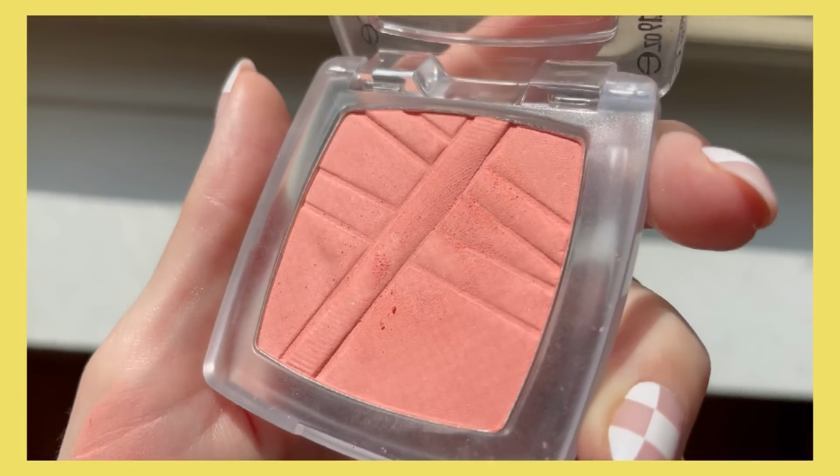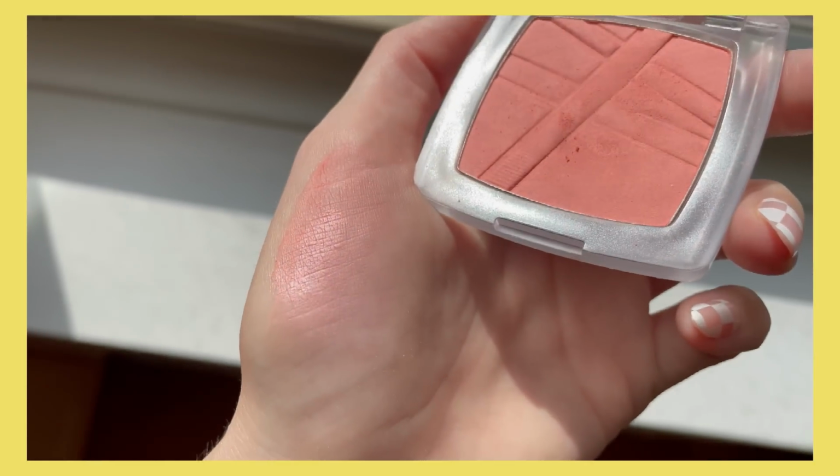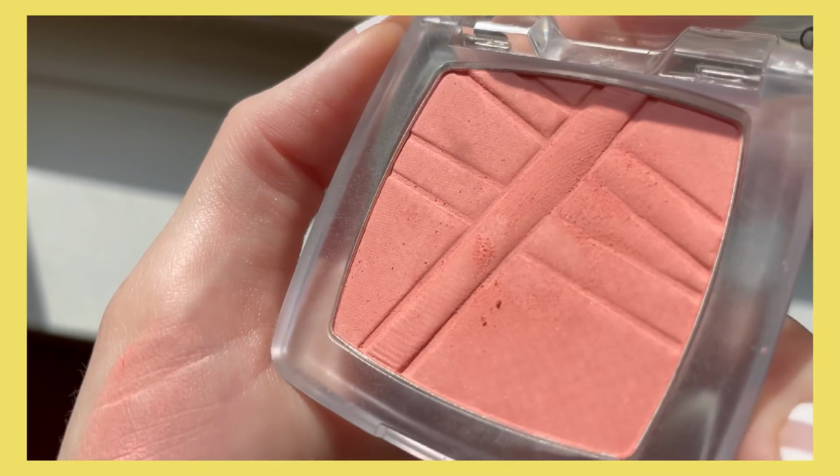Okay, and then underrated, but not by me because I talk about it in every single video, is this from Catrice. This is kind of new. The Air Matte Blush. I have the shade Peach Heaven. I also have a mauve shade in this, which I like, but this is the shade I've been wearing